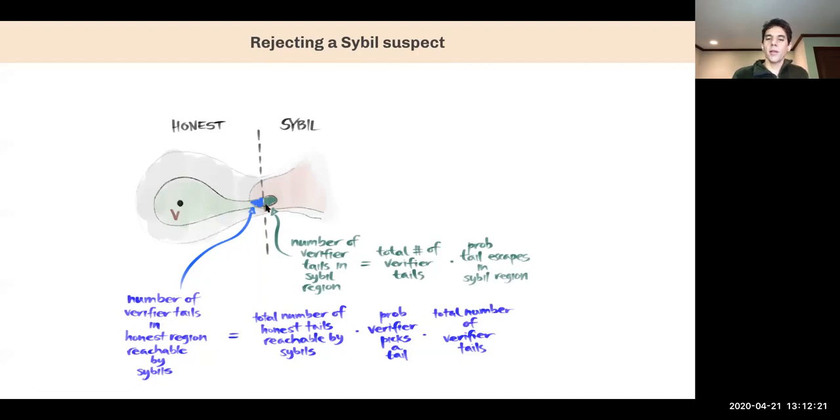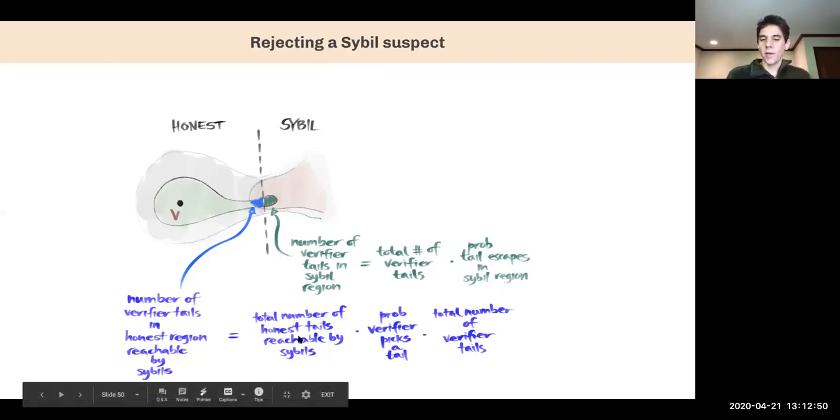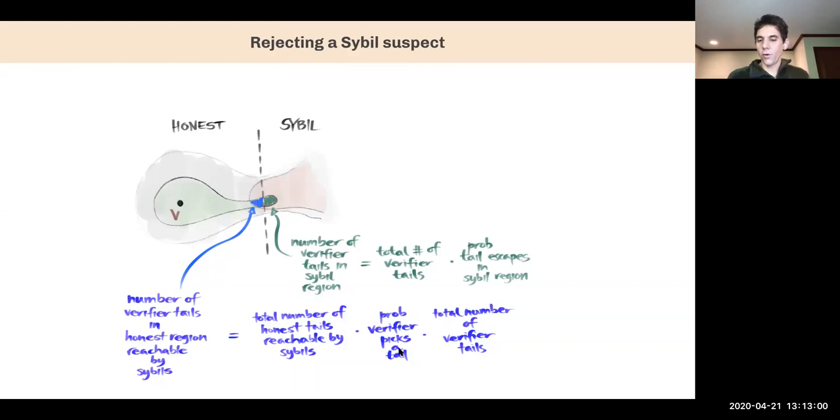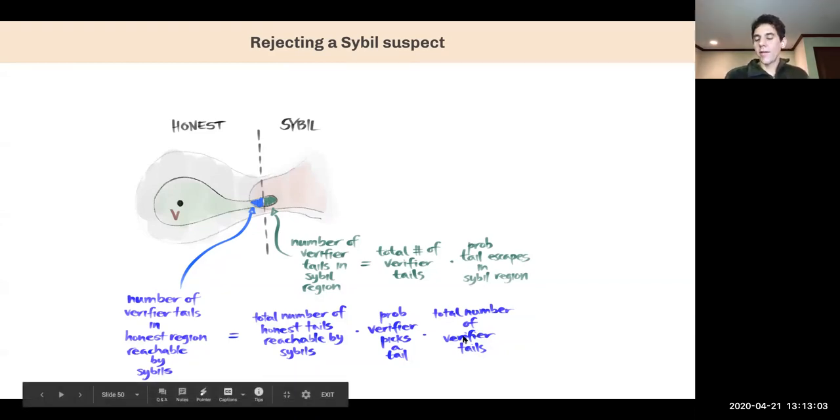This is the key term: there is a limit to how many edges in the honest region the Sybil can even reach in the first place, and this limit comes simply from the fact that for every attack edge, the verifiable paths can really only infect one tail because of this hash function that limits where they go after they cross into the honest region. So that's why we want to start with the total number of honest edges that can be reached by a Sybil, then apply to this the probability that the verifier even picks them at all, and then we have to multiply this by the number of times the verifier picks tails, which is square root